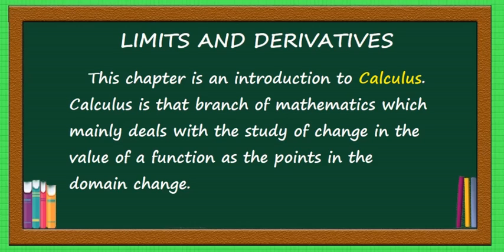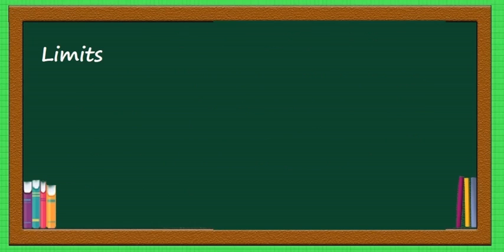Suppose y is equal to f of x is a function, and here we are going to study how the value of y changes as the value of x changes. First, let us study limits, and let us take an example and analyze what the meaning of a limit actually is. Take the function f of x equal to x square plus 3 and let us substitute values of x. Just to understand the concept of limit, I am taking this table.